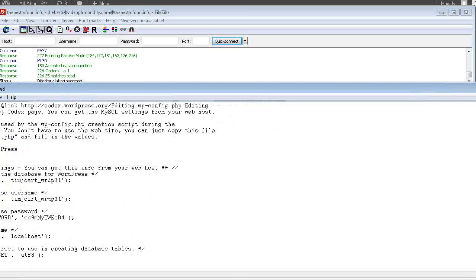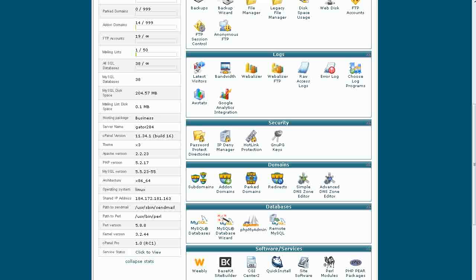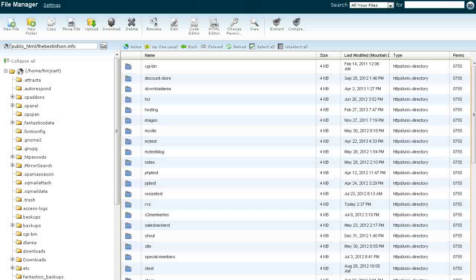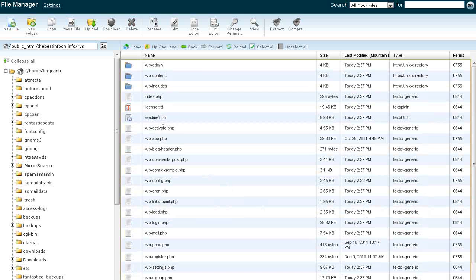Okay, but what I'm going to do is show you through the file manager now. So I'm going to go over to my cPanel and then to my file manager. Okay, so here's my file manager. I go in here, and then I need to drill down to where my blog is. So let's go, here we are. I go in here, and then I'm going to go to